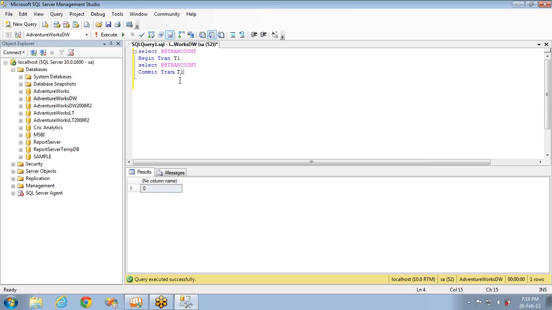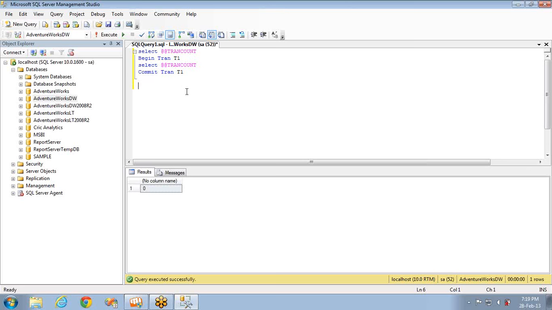What will be the output if I execute all these 3 things? Actually, in the middle of begin transaction and commit transaction, I can provide some code like insert statements and delete statements to demonstrate the example. But before that, let's take this example, select tran count, and then we'll see that example.